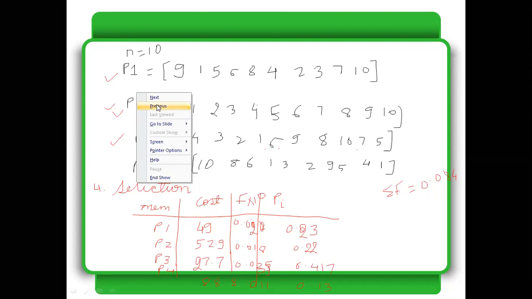You can do it as we did in the last example, because the focus here is to do something which is exclusive to this traveling salesman problem. So I can say that my new pool is P1, P2, P3 and P2. So P4 is getting removed based on my roulette wheel selection. So once I have it, now I'm ready to apply my crossover.